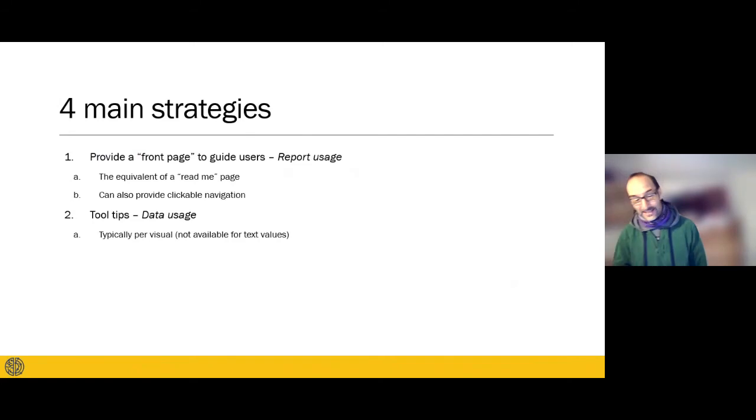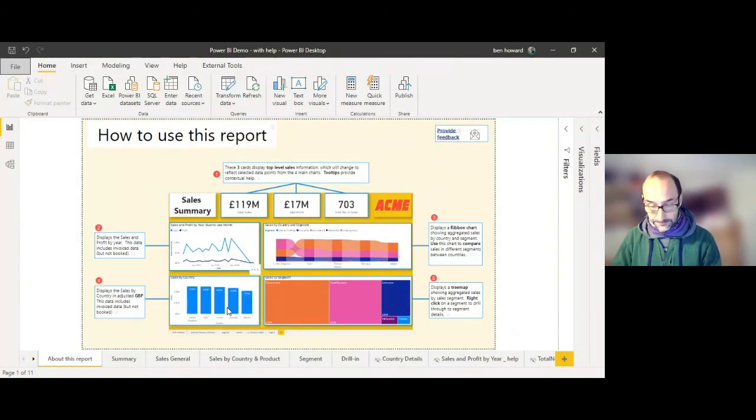All right, the next one is tooltips. Now, tooltips auto-populate in Power BI anyway, but we can decide exactly what we want to see on a tooltip as well. Typically, you can set different tooltips per visual, and just so that you're aware, they're not available on text. If you insert text, you can't put a tooltip on it. So let's go and have a look. I'll go back into the Power BI desktop item here.